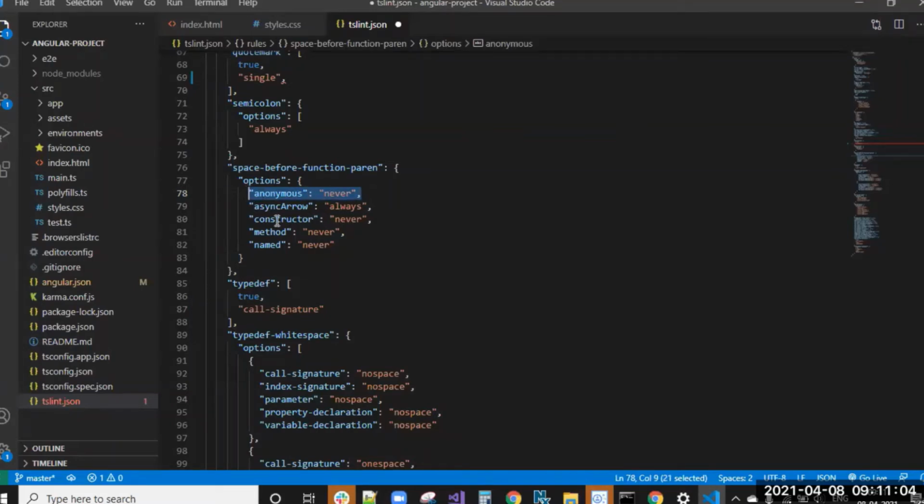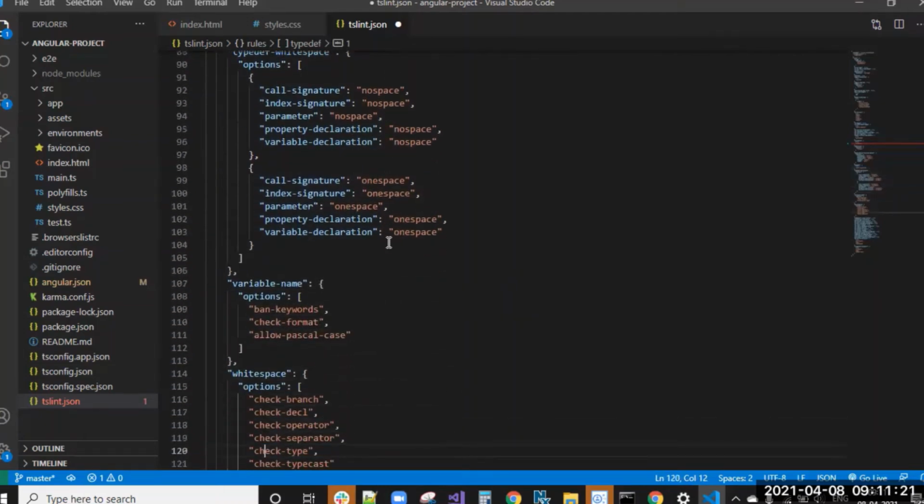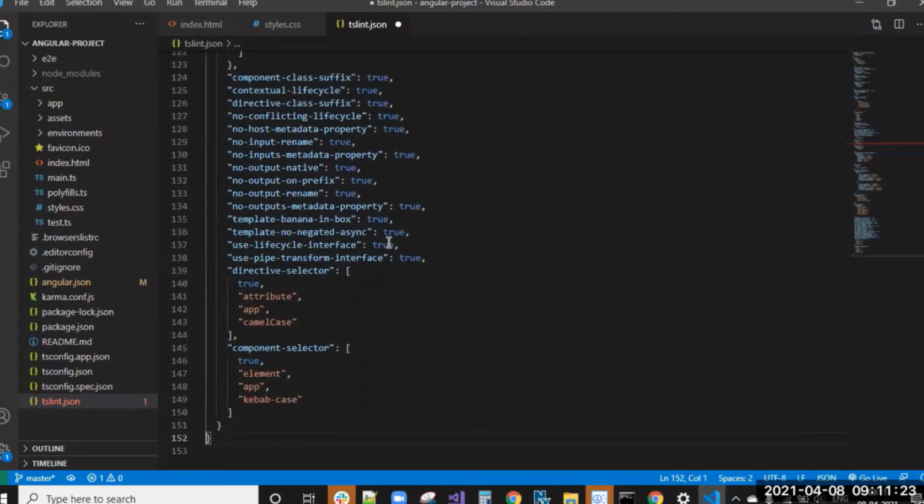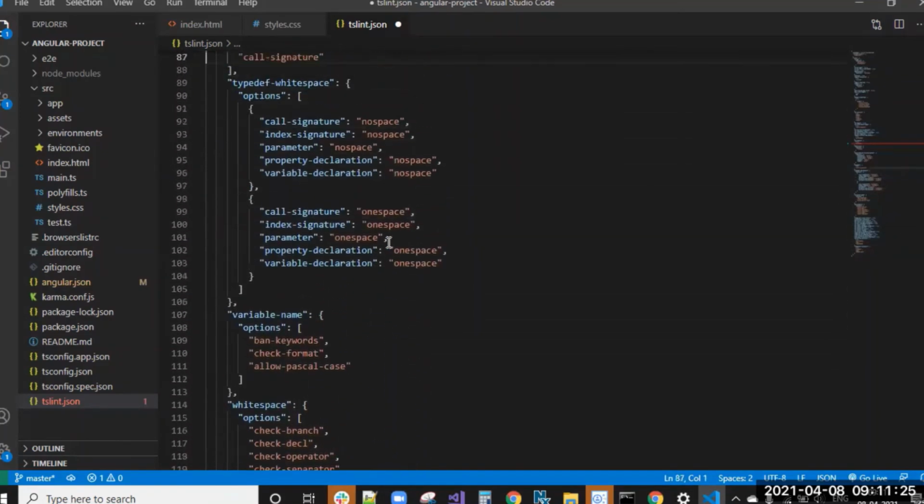Asynchronous arrow always, constructor never, method never, named never. So what does that mean? If you are writing any method, after writing the method name you need to put the parentheses immediately, otherwise it will give you an error. That type of rule will be written here.